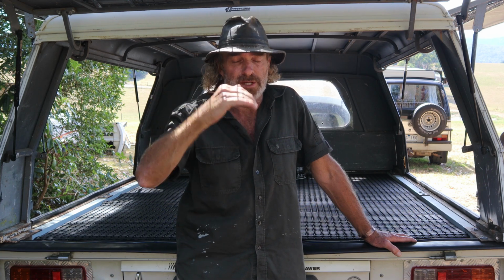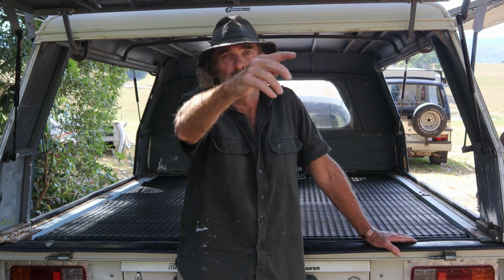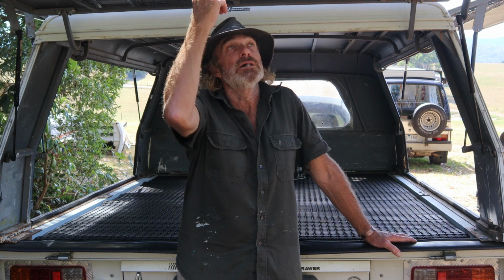We had a little bit of rain the other day, which was really good because it highlighted a leak point in the roof. It's right down the centre spine, top of the roof there, and that's where it was coming in, and it was just dripping straight down. So all I've got to do is get some roof and gutter sealant, clear sealant, and just run it right across both sides of that join spine, so to speak, and that'll seal that up and make it totally watertight, I think. And that's my Falcon makeover